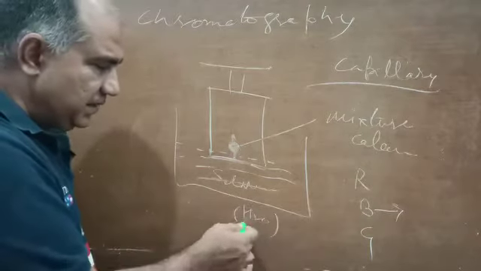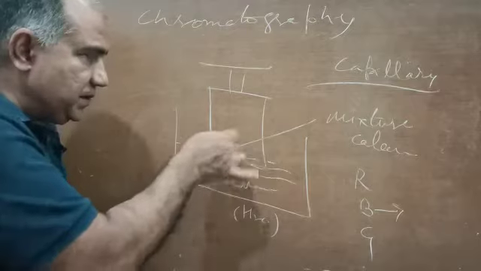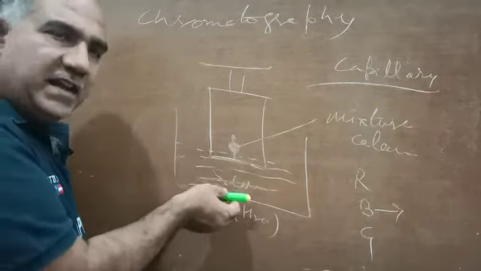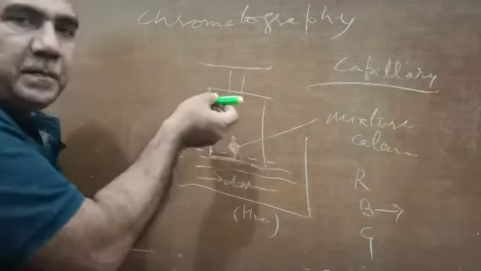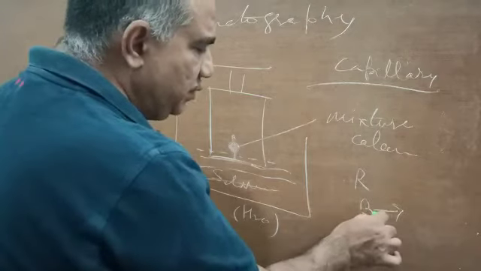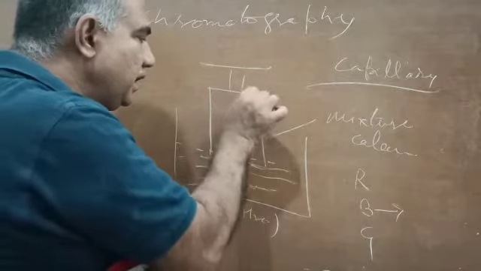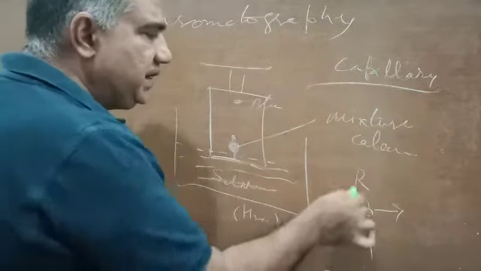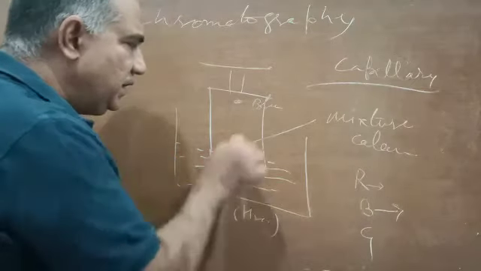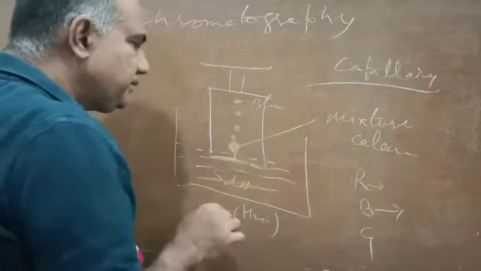So let us say this is water, and all the three components are soluble in water, and we have dipped this filter paper or chromatography paper into the water. Then because of capillary action, water starts rising up. Then let us say, this is our assumption, that blue color dissolves first. If blue color dissolves first, you will have a blue dot here. And second, after blue, red dissolves. So the red dot will come here, and in the last, if green goes, it will go here.